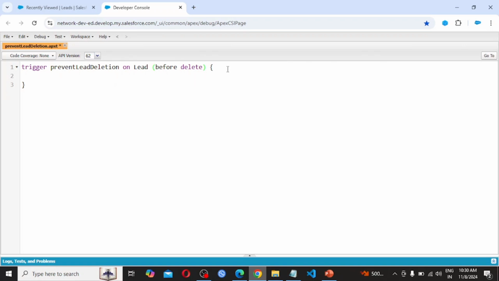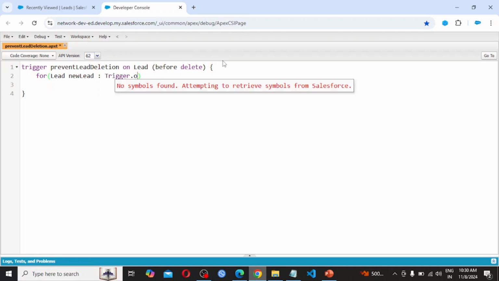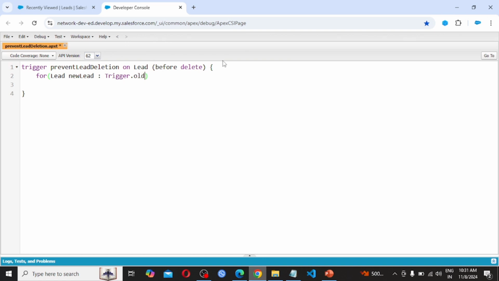So before delete. Next I am going to write for Lead newLead, Trigger.old. Here we have to take the old values, Trigger.old.